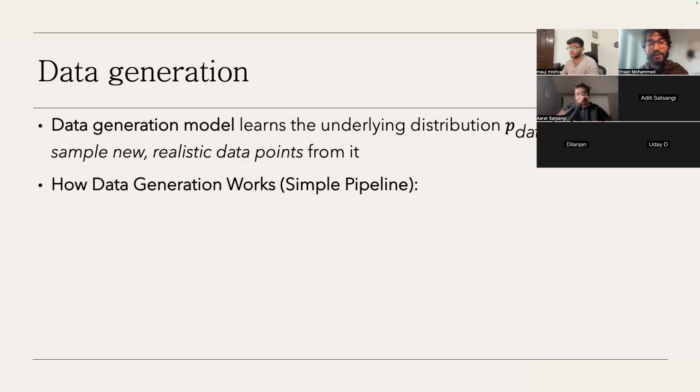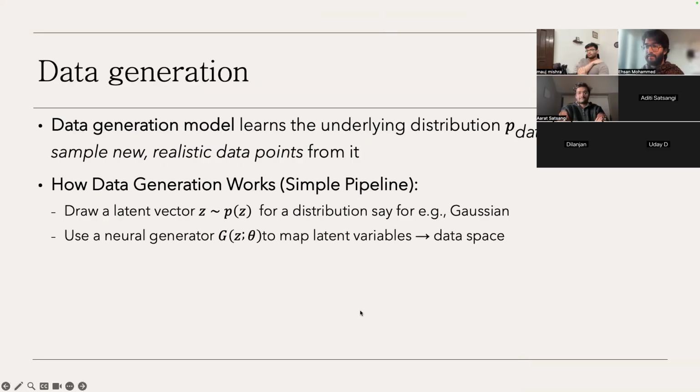Anyways, coming to data generation, I'm going to be quick with this one. I hope everyone knows what data generation models are. Basically, you know that every data is actually coming from an underlying distribution, which is P subscript data of X. And we can basically sample new realistic points from that distribution, even though we have not looked at them before. The way it happens is we draw a latent vector, say for example, from a Gaussian distribution, a mixture of Gaussian distribution, whatever distribution of your choice, and then we